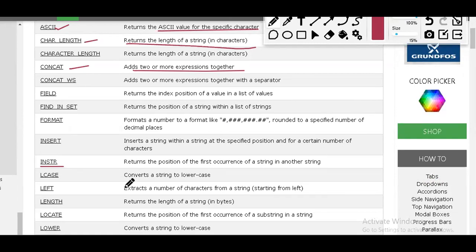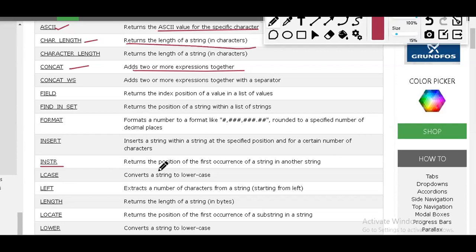See here, if you have the word extract, the first letter is E. Here converts, C is the first letter. Returns, R is the first letter. Formats, F is the first letter. Or if you see here color picker, I want the first letter only. Here you can see all the letters have been capitalized. I don't want it like that. I want only the first letter of the first word to be capital. Then I'll be using this particular function. Okay, that is initial string.